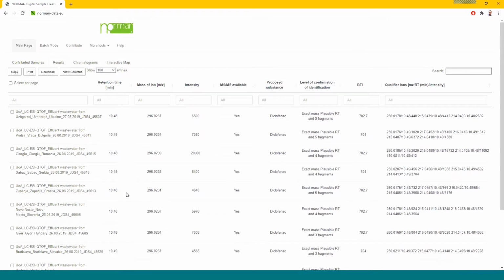The results show the chromatograms, followed by retention time, mass of the ion, intensity, whether experimental MS/MS is available, proposed substance, the evidence for the identity of the substance, experimental retention time index, and also list the detected qualifier ions with a specific format. This table has few more hidden columns which can appear from the button View Columns.